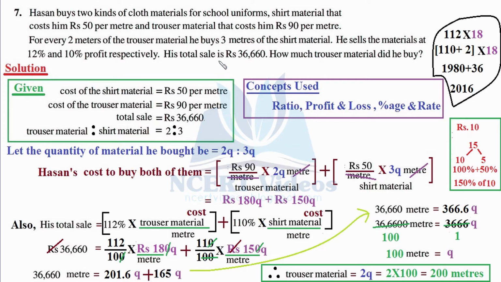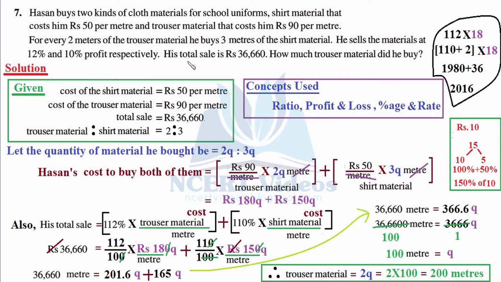Now it is a very common understanding that you have cleared in your previous standard that profit always happens when you are selling something higher than what you got it for. That is, selling price is greater than cost price whenever we are having a profit. Now the last part of the question says we have to find how much trouser material did he buy, which is given in terms of ratio. So using these given statements, we have to find how much trouser material did he buy. With this understanding, our steps should be formed in mind for how we could reach our destination.